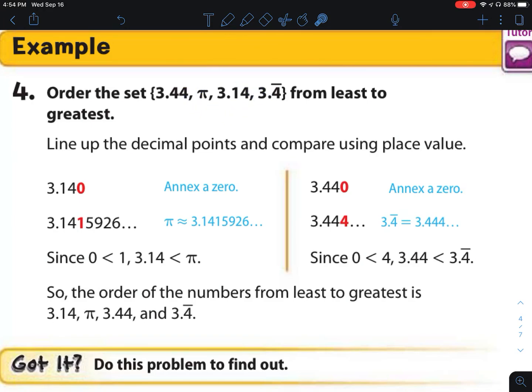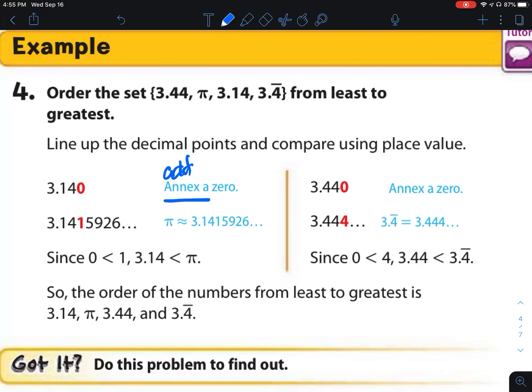So we know that 3.14 is this decimal. We annex a zero. Remember, when you have a decimal, it doesn't really matter how many zeros you add. The decimal will remain the same. The only reason why we annexed a 0, annex means add, is so that we can compare it with the decimal